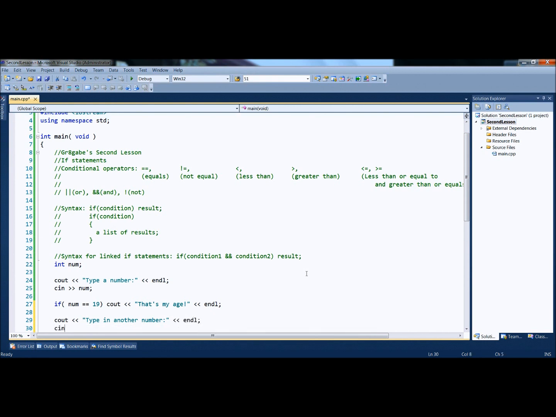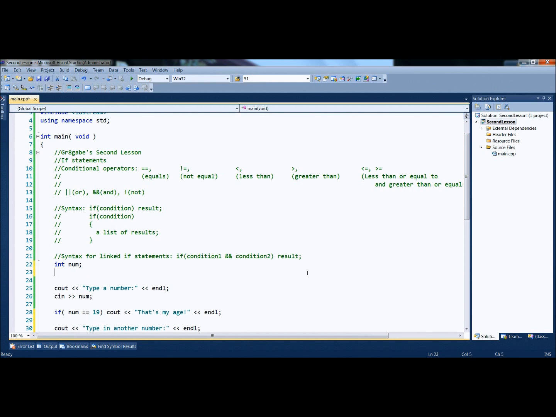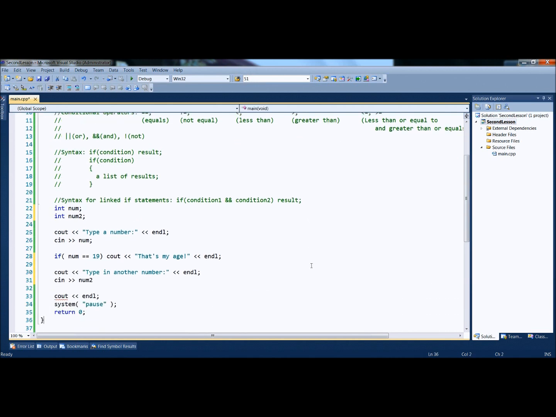Then wait for an input for num2. So let's create another integer called num2. We're going to wait for the input, and then we'll write another if statement